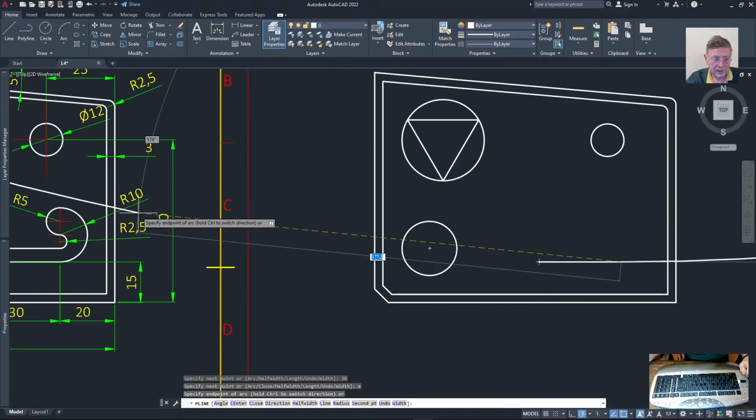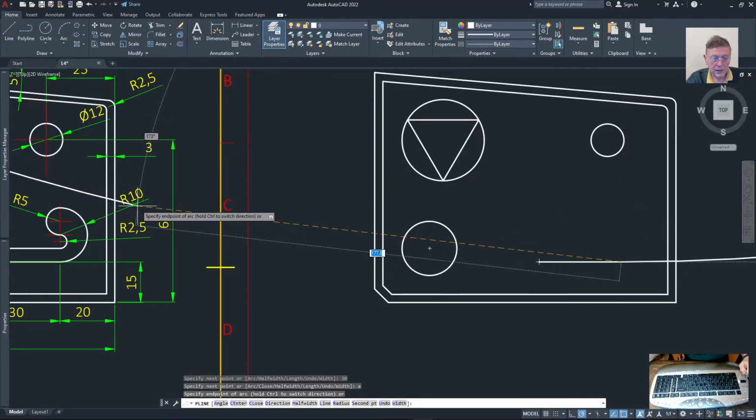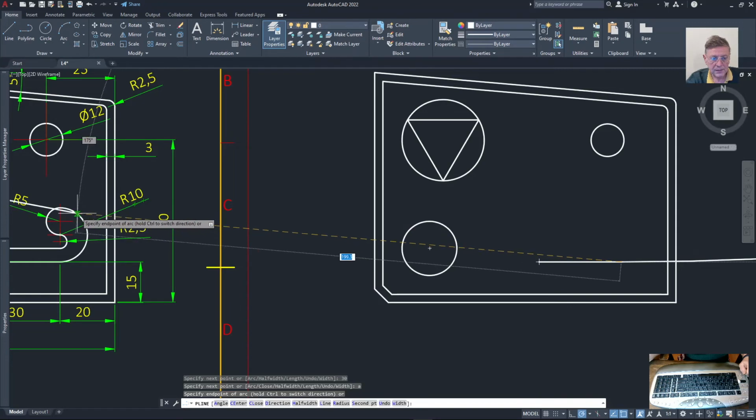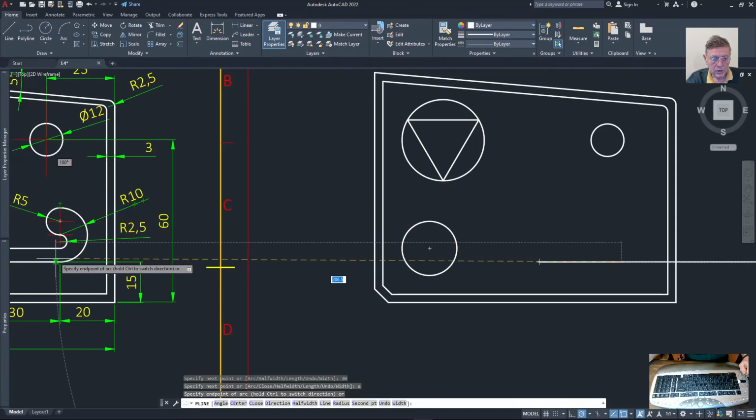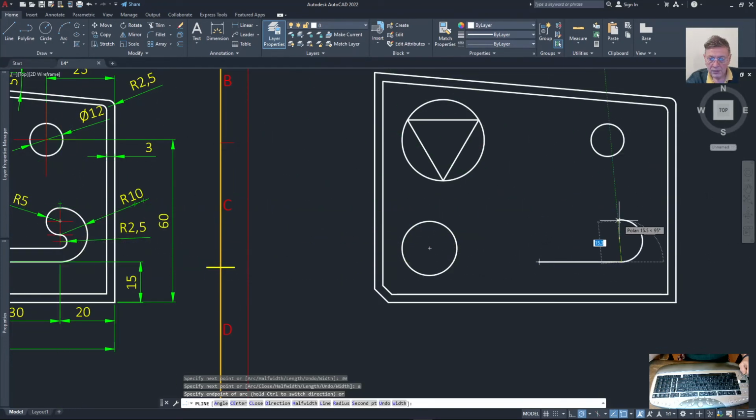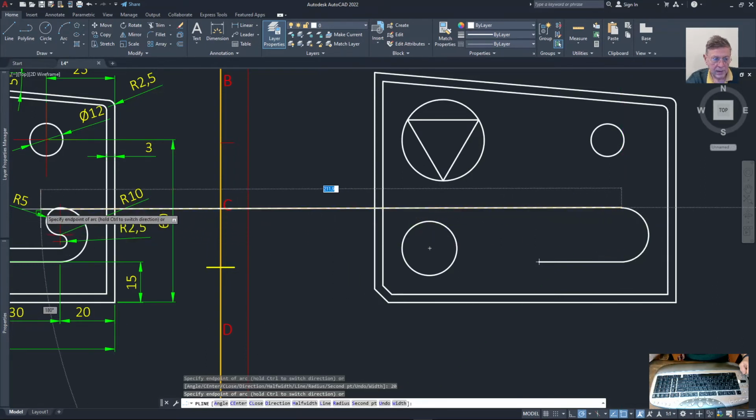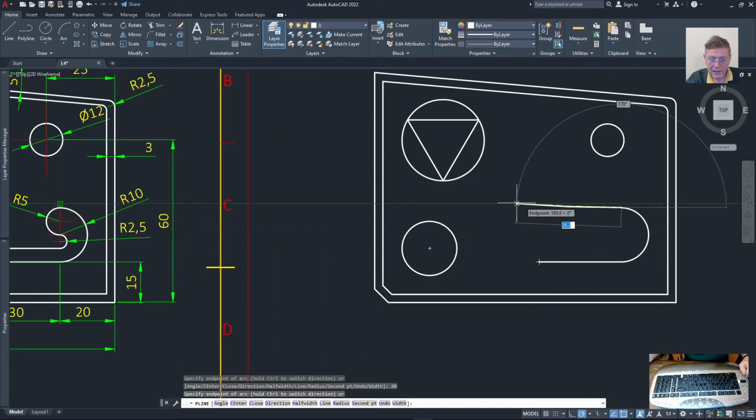Please be attentive that here the radius of this arc is 10, but we will choose 20 because this will be the diameter. So I will write here 20. Going back again, I will write here not 5 but 10 because it's the diameter, half of a circle, 10,